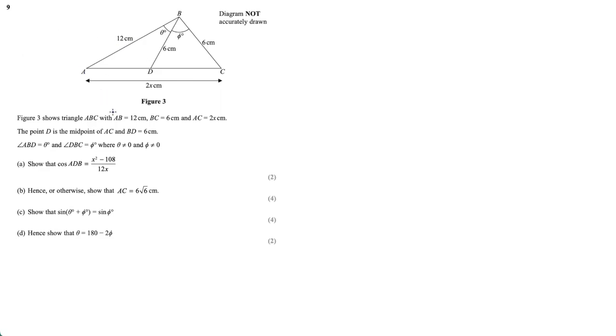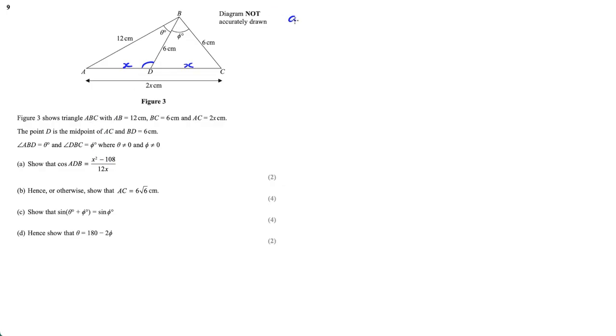question 9. Figure 3 shows triangle ABC with all this information that is given. Okay, fine. So just note D is in the middle of this, guys, which immediately makes me think, well, that's x and that's x, because that whole thing is 2x. Show that cos ADB, that is this one here, is equal to